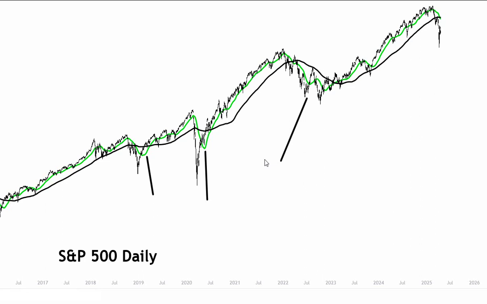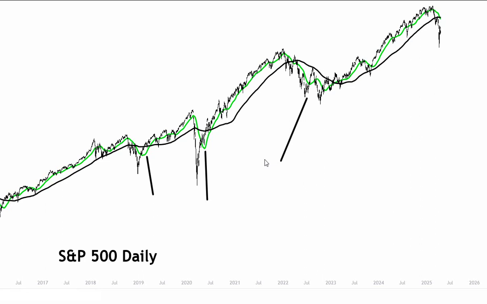We had those topping tails back in December. I talked about this in December, and then got the candle of indecision in January, and then got another topping tail. We went slightly higher and got that failed breakout above the December high. Remember, we talked about how we had failed breakouts in the daily time frame on both NASDAQ and S&P 500. That led to the reversal,